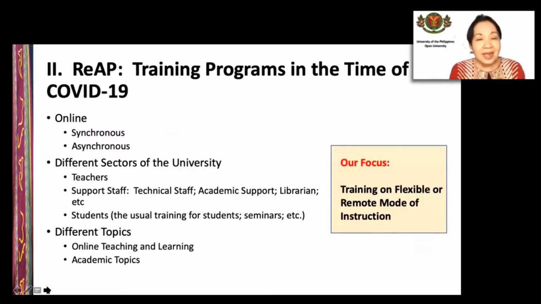So now, for our reentry action plan, kaya nga ang title nitong module na to is we will now be designing our training programs. And I put here in the time of COVID-19 because what I'm hoping to happen also is that after this training program, you will also be able to conduct kung ano yung kailangan na training programs na kailangan ng inyong mga universities. Okay? Kasi kung mapapansin ninyo,